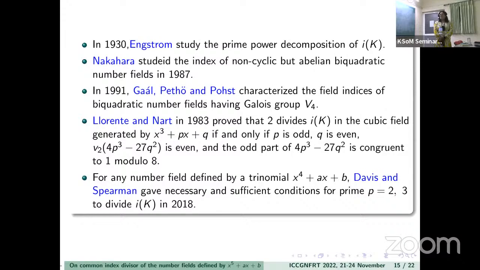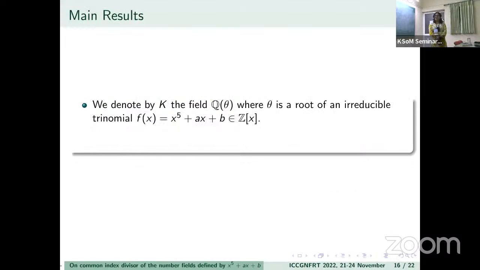After that, Davis and Spearman in 2018 successfully generalized this result to the field x to the power 4 plus ax plus b. Keeping in mind the result of Zylinski, we can see that in this case 3 can also be a prime common index divisor. So they have given the necessary and sufficient conditions for primes 2 and 3 to divide the field index IK. What we have done, we have considered the field K equal to Q(theta), where theta satisfies the polynomial f(x),